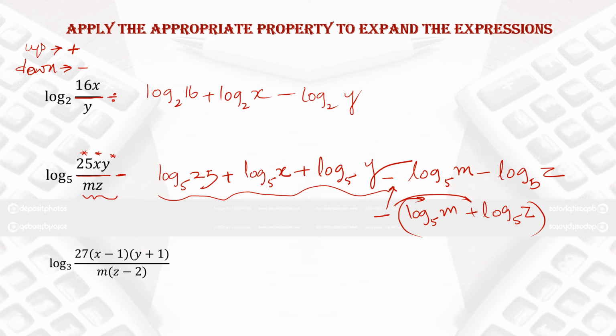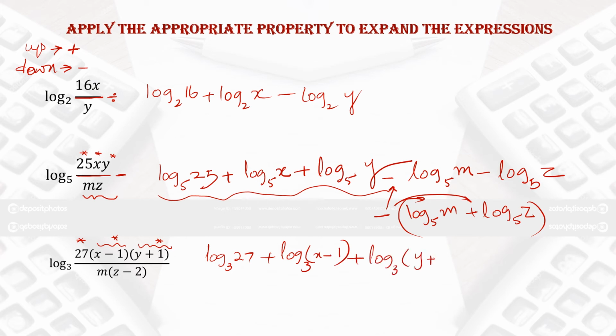We wrote everything in the first go. And why are we doing this? Because such kind of questions you have to solve in the SAT exams. Okay, now here also again, don't get upset when you see a big expression. Only see that 27 is the first term, x minus 1 altogether is the second term, y plus 1 altogether is the third term. And everything is in the numerator, so just separate them by writing the log and by adding a positive sign in between them.